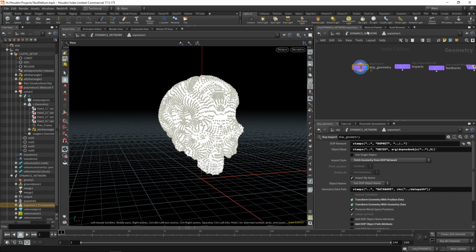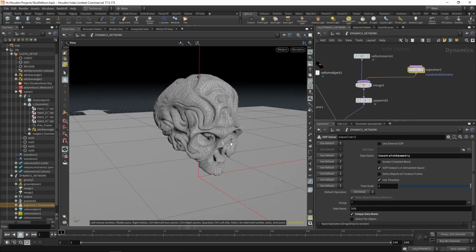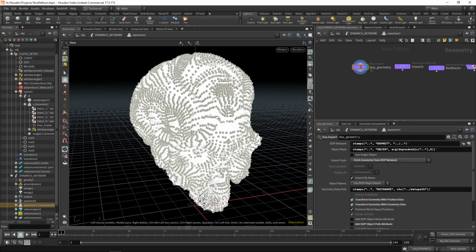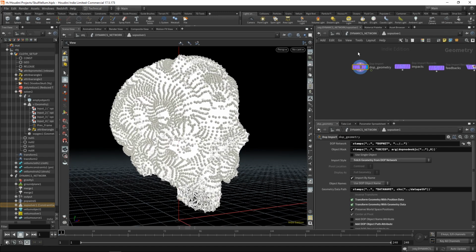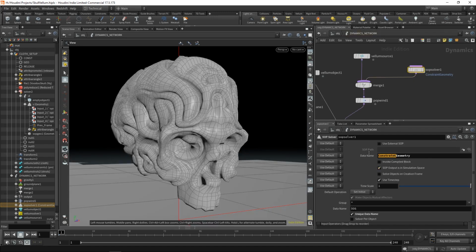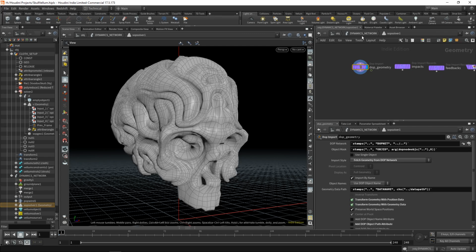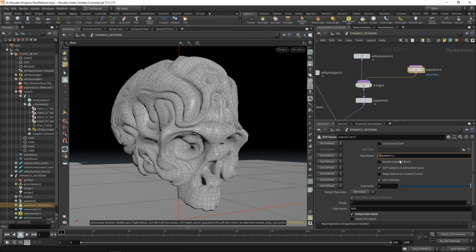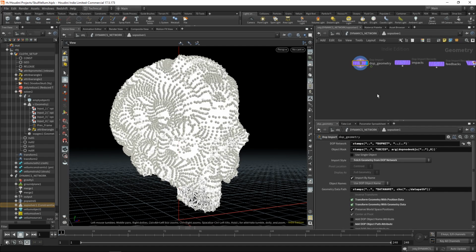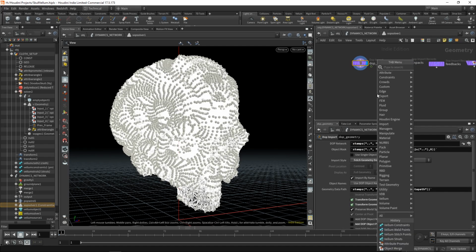Now if we dive inside, what we can do is actually make a few changes to our constraints. Because now what you'll notice is when you're out here, you see this, but when you dive inside, you actually see the constraints. So this is dependent on what your data name is. If it was just geometry, you'd dive inside and see geometry, but because it is set as constraint geometry, you dive inside and see constraints. That means that we can adjust our constraints from here. So if we had to do something like object merge,